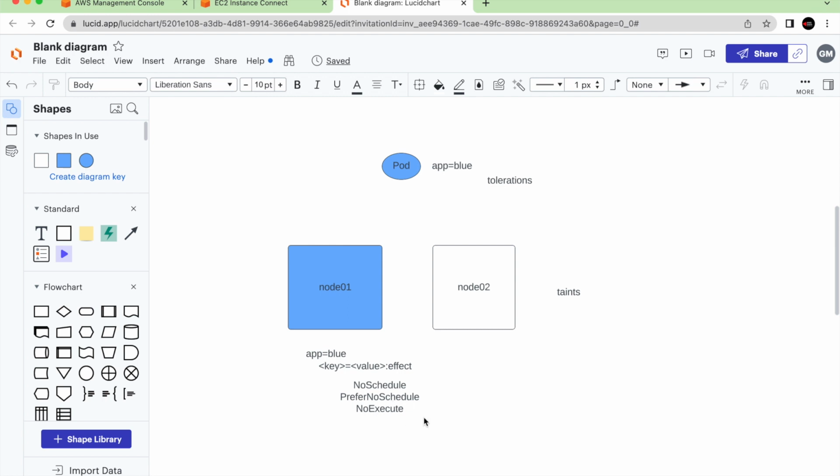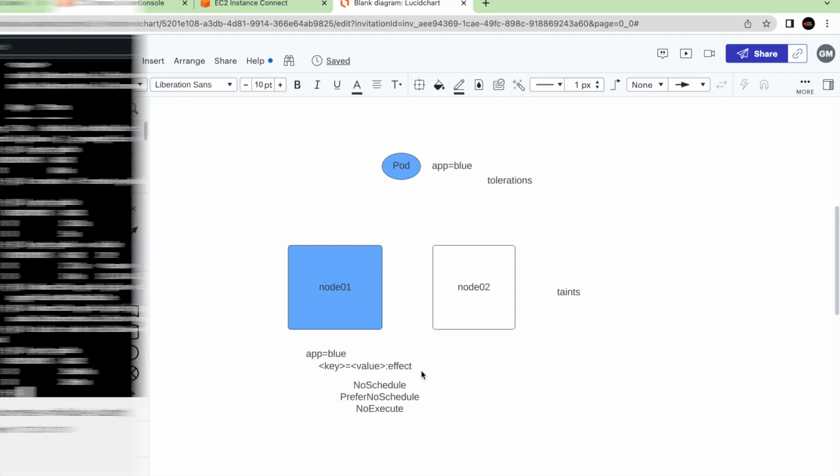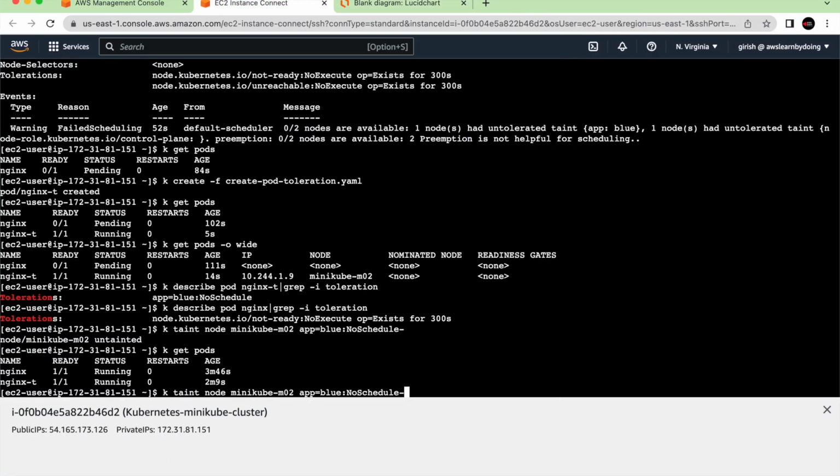No execute is, don't schedule any pod without toleration. At the same time, if there are existing pods on this particular node before we add the taint, then even delete those pods. So if I create a taint, let me create it with prefer